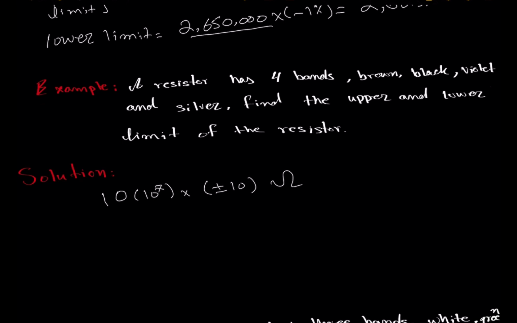So let's find the value of the resistor first. It will be 10, and we will add 7 more zeros there, which will give us 100 million. 100 million ohms is the resistor. That's the resistor value. But the upper limit